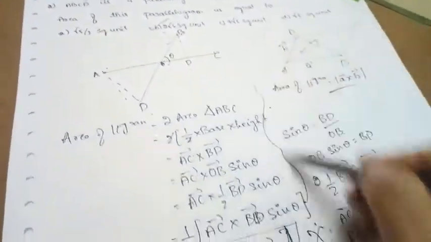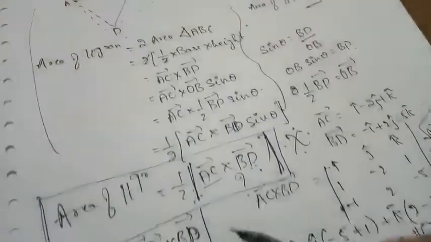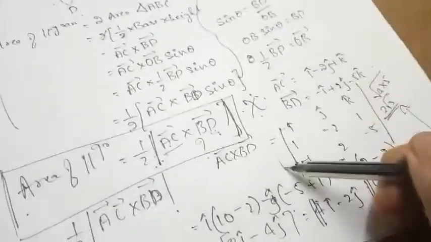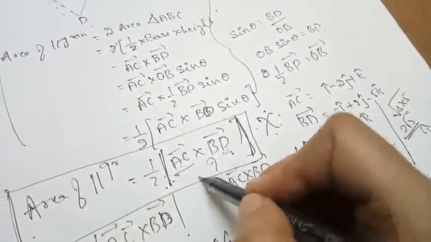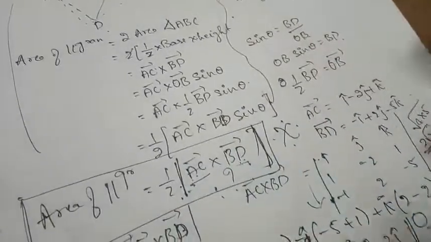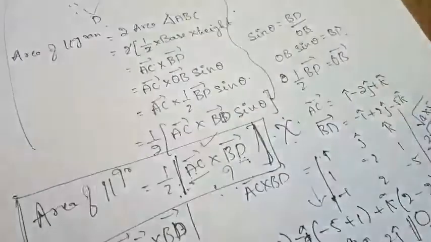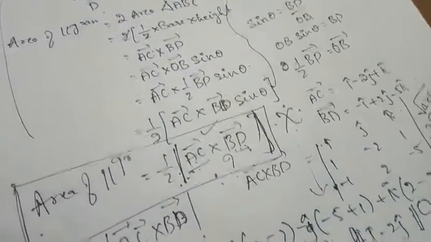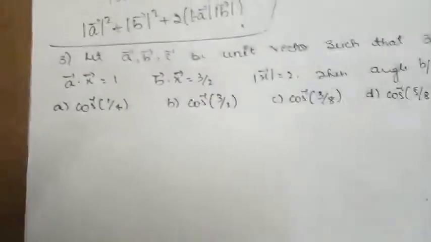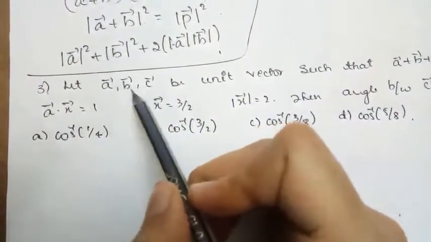So all this procedure is for your understanding purpose. If you know this formula, dealing with it is a direct question. So this is one of the direct questions they have asked, but you need to know what the formula is when two diagonals are given. That is most important.